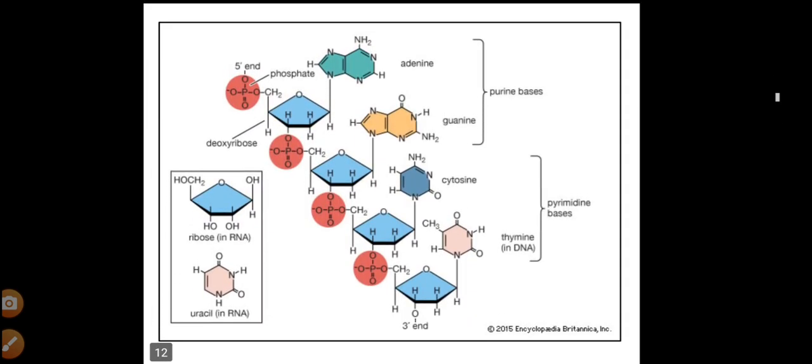Today we are going to discuss DNA structure. The Watson and Crick model is a very famous, familiar model in molecular biology. So, DNA structure. Let me show some picture. Actually, before the Watson and Crick model, there were so many scientists who worked on DNA structure and DNA characteristic features.